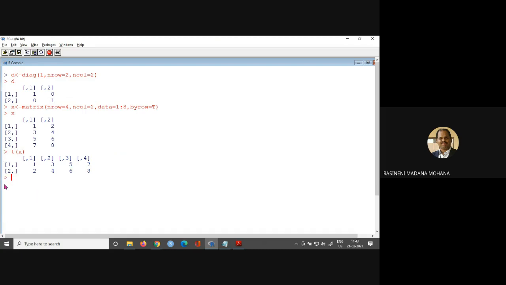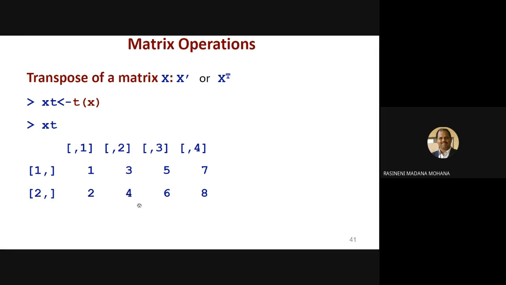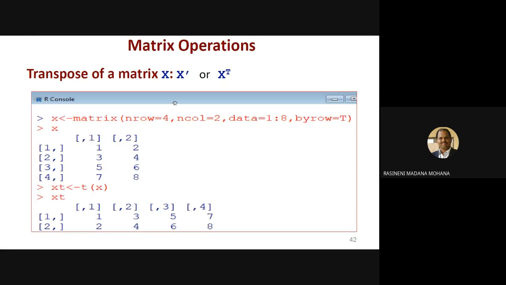If you want to store this value in another variable, let us say y, y equal to t of x, I am storing the transpose matrix in y. Now call y here, because further you may want to perform other operations with it. You can see this is the transpose of the matrix.